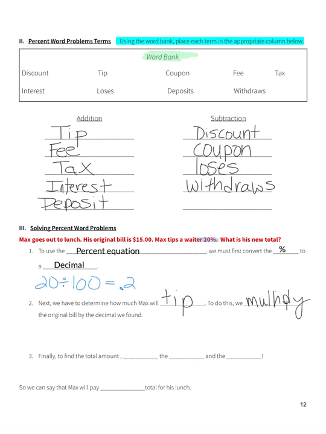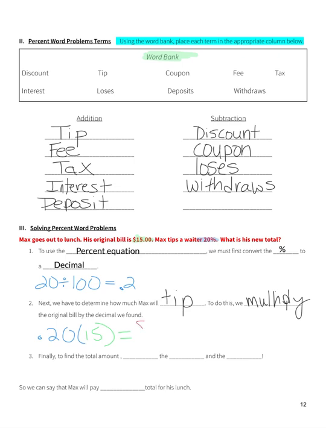Okay, make sure you have that in your notes. So the decimal we found was 2 tenths, and we are going to multiply that by the original bill, and the original bill is $15. 2 tenths times 15 is